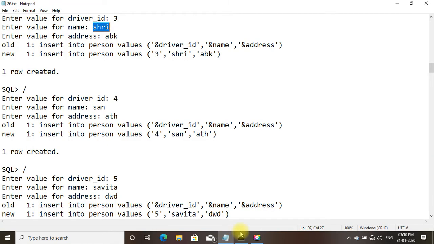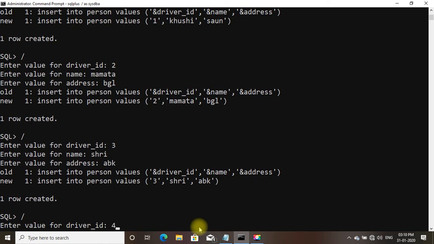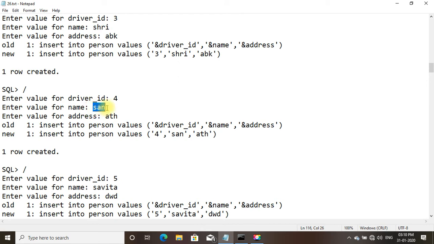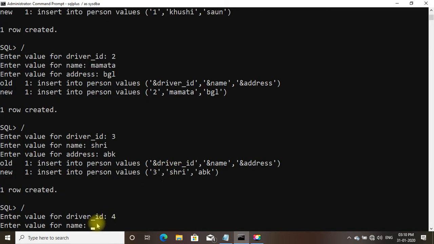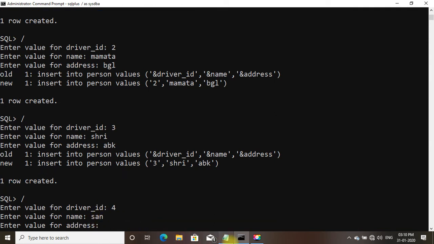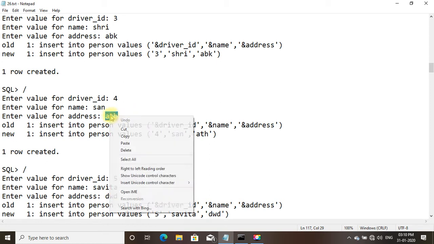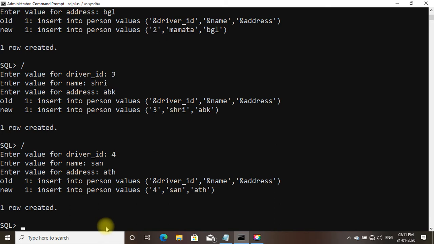We shall come to the next record. Before that we need to type forward slash. Enter the value for ID 4. Name San. Address is ATH. So one record has been inserted.